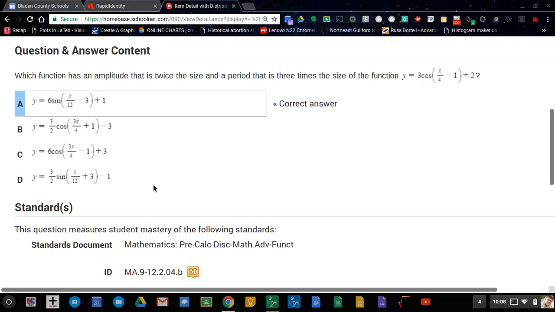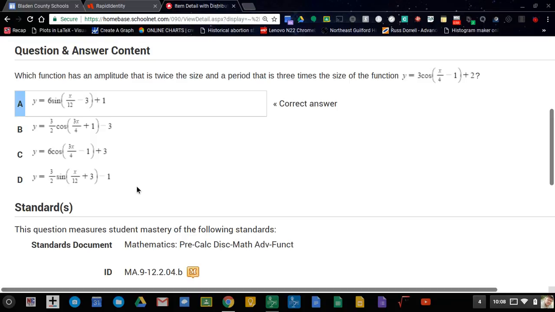So we're going to write down the original function given, y equals 3 times cosine of x over 4 minus 1 plus 2. And then the recipe we're looking at is an amplitude